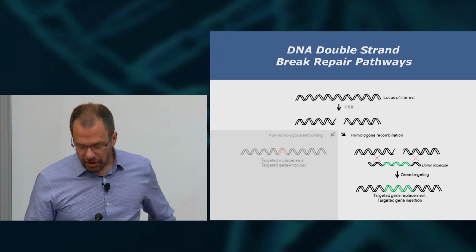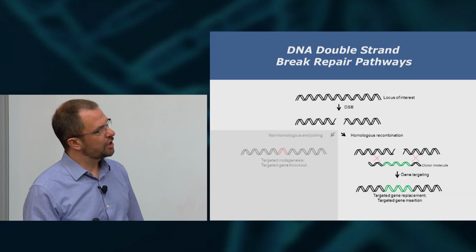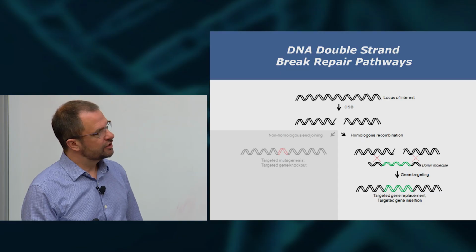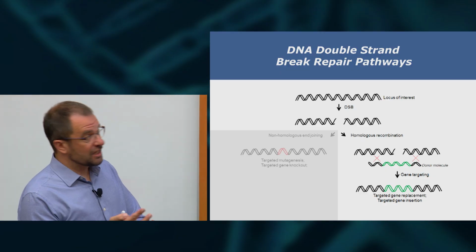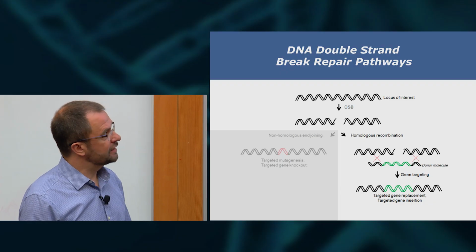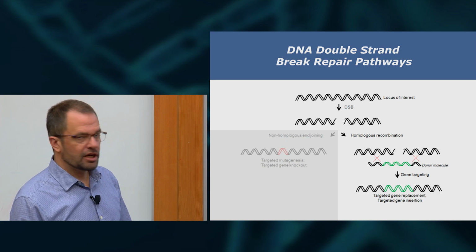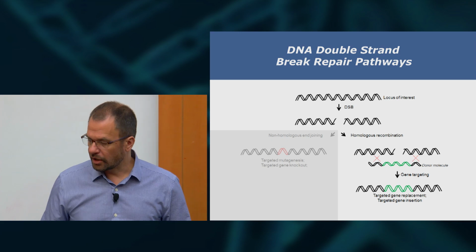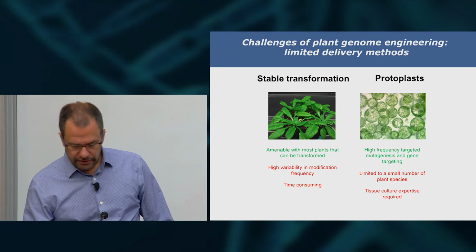So I want to talk a little bit now about how we're employing this other pathway in plants and plant agriculture to create very precise alterations to the genome. And the challenge in plants, as in many other organisms, has been a challenge of delivery. How do we get our nuclease to make the break and our repair template in the cell simultaneously so that we can copy this information into the target locus? And we've been working on various strategies.